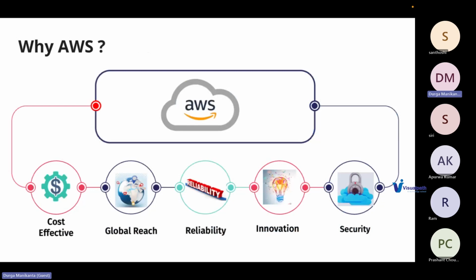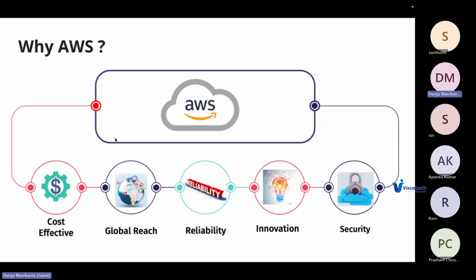Basically, Amazon started to offer web services in the year 2006, and being one of the early market players has its own advantages. Being one of the early market capturers, it is cost effective. If you compare the cost of EC2 instances with Google Cloud or Azure, these are a bit cheaper.